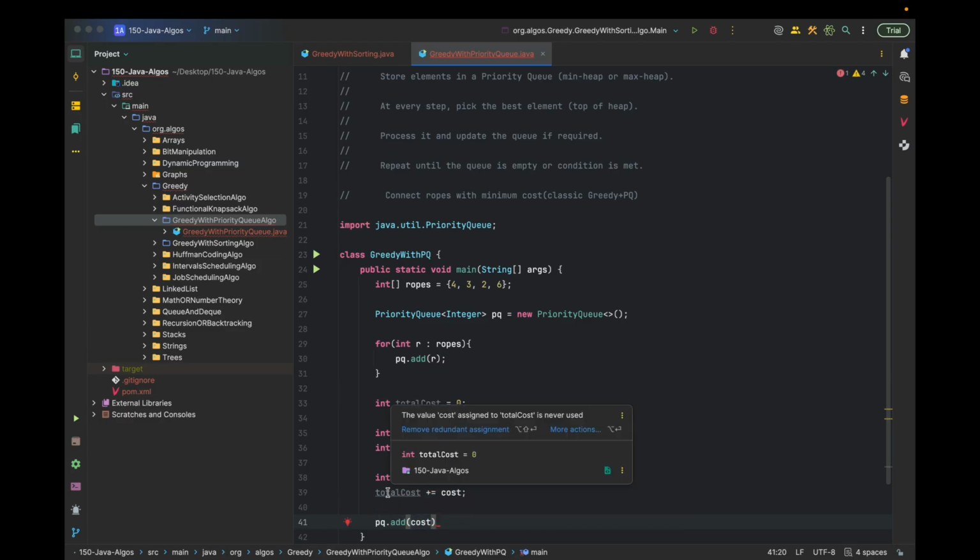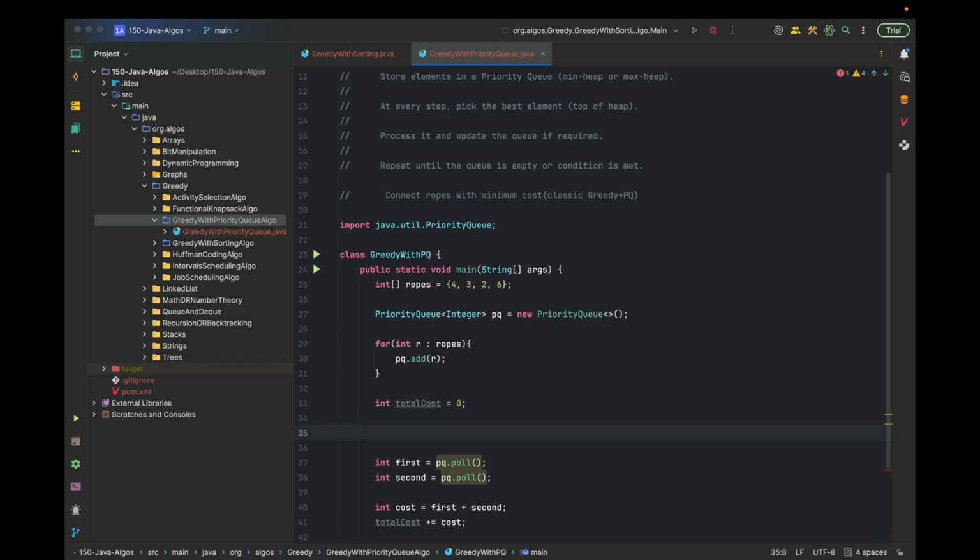Why is this screaming here? The value cost assigned to total cost is never used. So this one, oh, I haven't written the while loop at all, man. Completely ignored this one, I believe. In total cost equals 0, fine. So let me do one thing. So we have to go with the standard